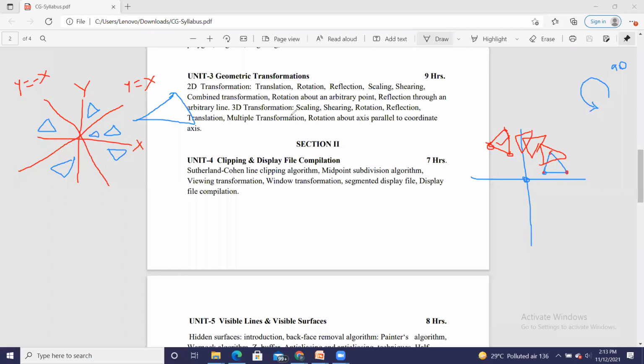Then shearing. Shearing is nothing but deformation in the size. For example, this is your current object and I want to shear it along the y-axis. Shear means simply stretching one point to a new location. So what will happen? The base will not change, but I am going to lift this point so that the ultimate result will be somewhat like this. This is your ultimate stretched point.